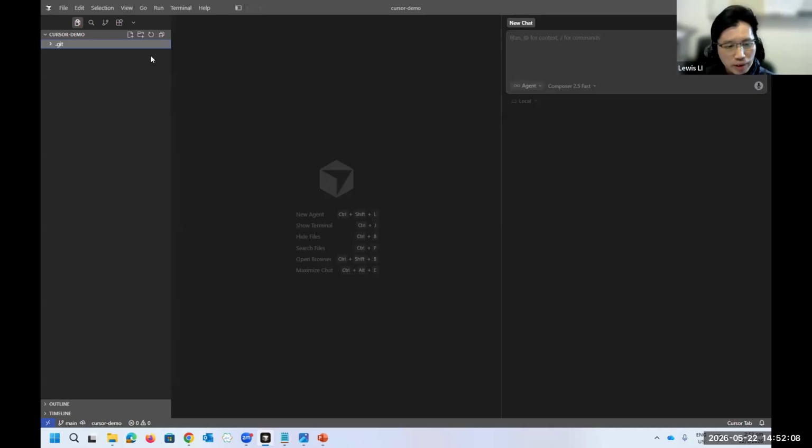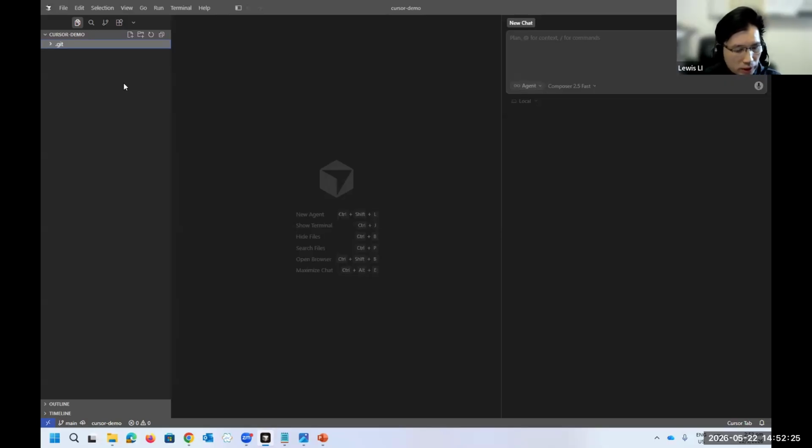This is just for your reference. If you don't care about version control, you can skip this procedure, but if you do want version control, you can follow the PowerPoint, where I already documented it.